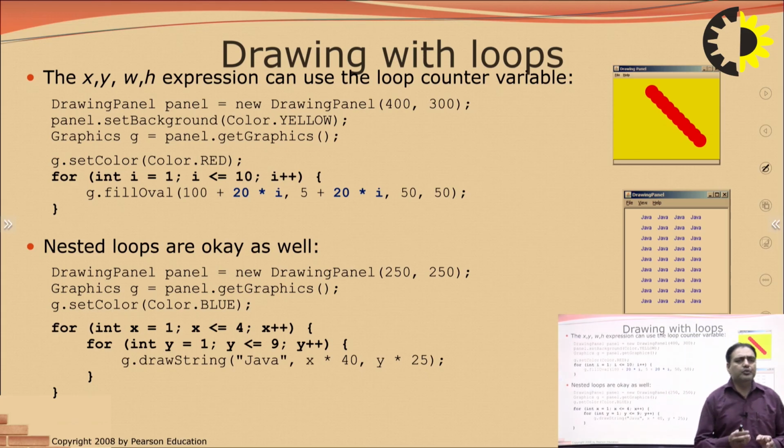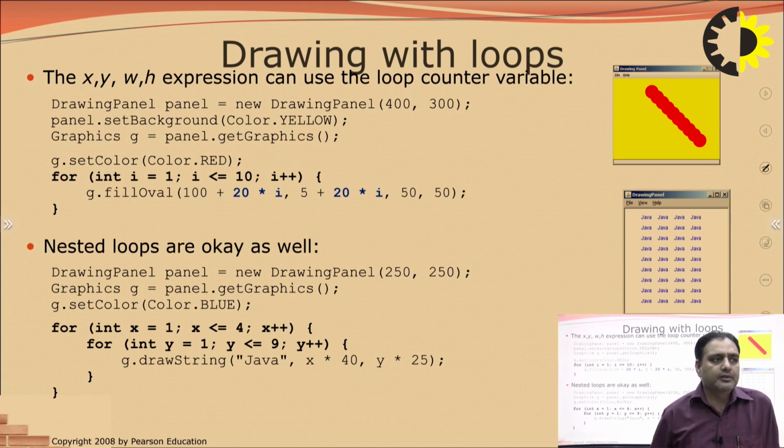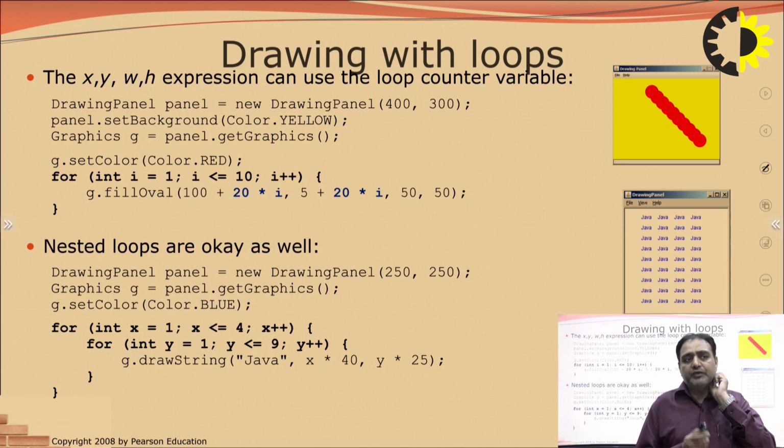For drawing, you can use the for loop, while loop, do while loop, and through this repeated looping concept, you can draw the same objects with different parameters, with different input values. Here you can say 100 plus 20 * i, when i is equal to 1, that means 100 plus 20 is 120, then 121, 122, 123, 124, 125, 126. These are different parameters, different input values used to create the shape.